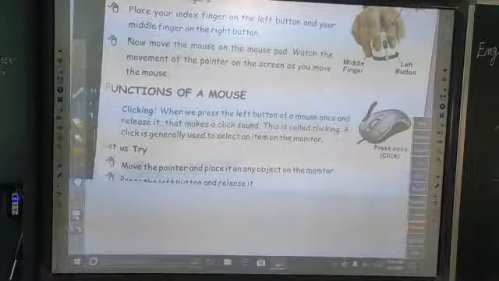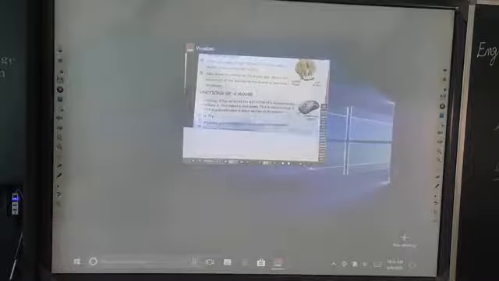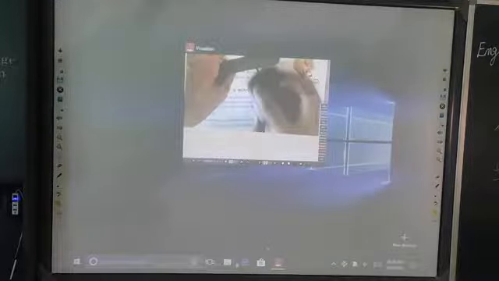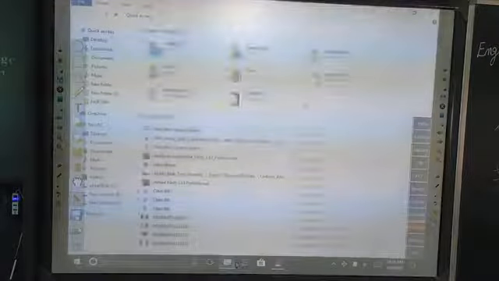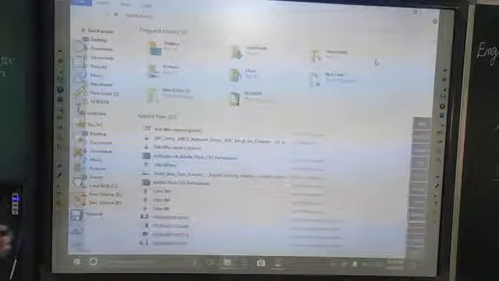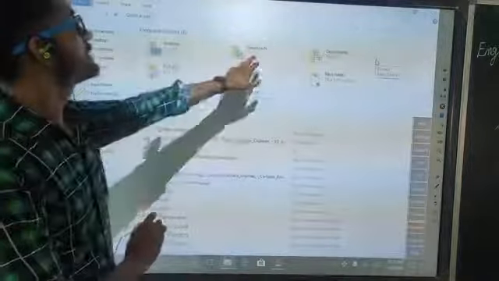So now let's do its practical. Now I want to select this downloads folder. So how can I select this?